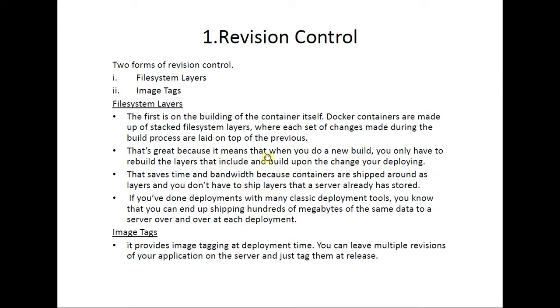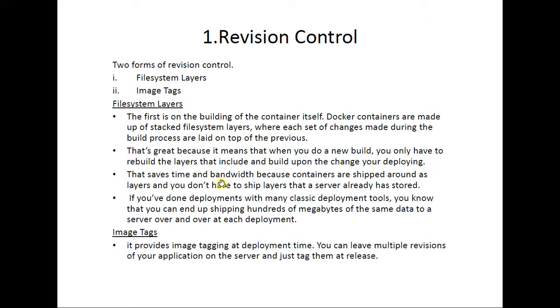It means that when you do a new build, you only have to rebuild the layers that include and build upon the change you are deploying. Whatever changes we make, it only rebuilds or changes the layer on which the change is made.